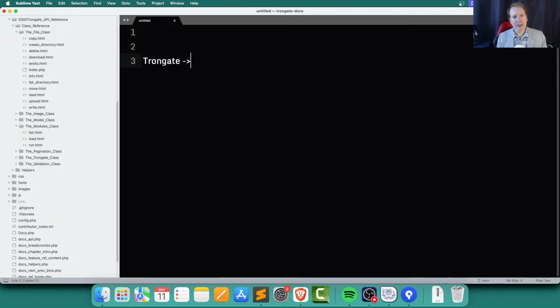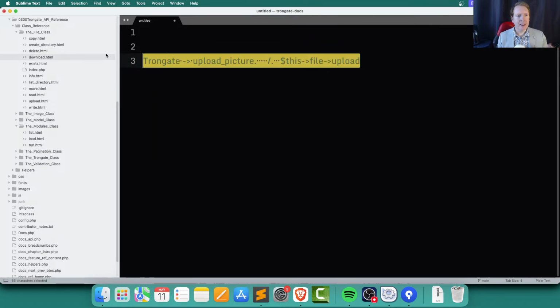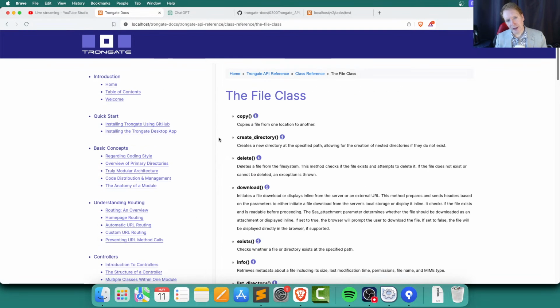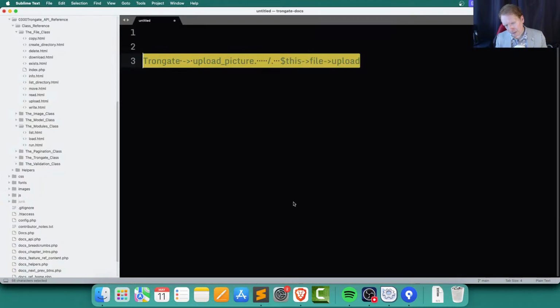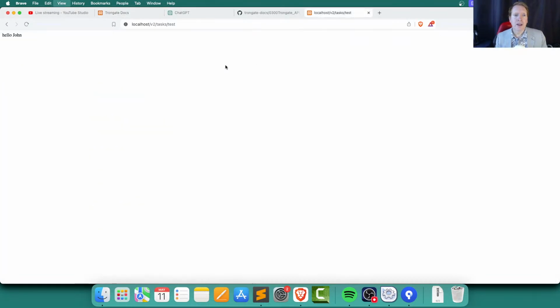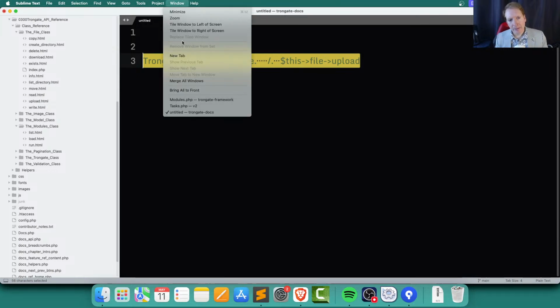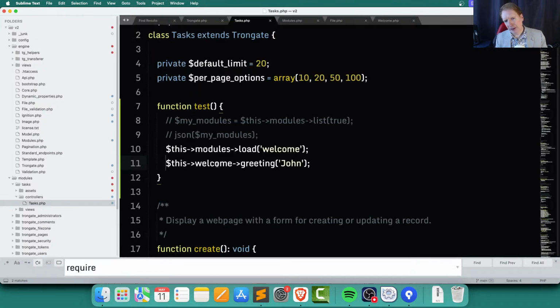The Trongate class is going to have these alias methods. For example, upload picture. That is an alias of file upload. Actually, I think it's that. Anyway, aliases all the way. So now it kind of is starting to make a little bit of sense, I hope. Tomorrow I think I'm going to have to get my head around